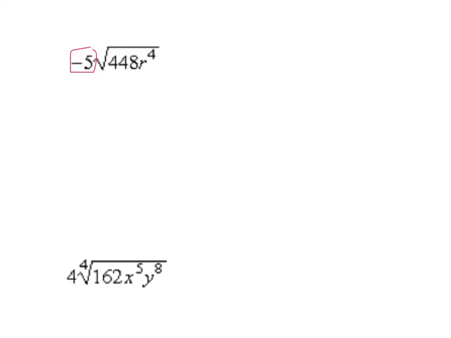Now what is the largest perfect square that can go into 448? So what I would do is look at my list of perfect squares on the top of this page, and I see that the largest one I have written down, and there are many more, is 256. Well, 256 can't go into 448. And I go down that list and I divide 448 by each one, and nothing works until I get to 64. Now notice I started with the biggest one working to the smallest because I want the largest square that goes into it to be the most efficient. So if I work my way down, I find out that 64 goes into it